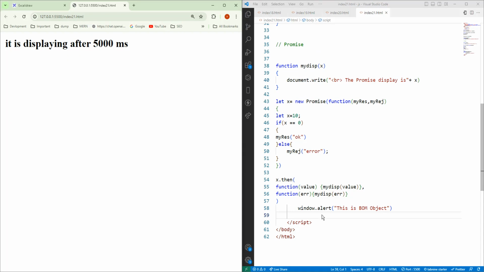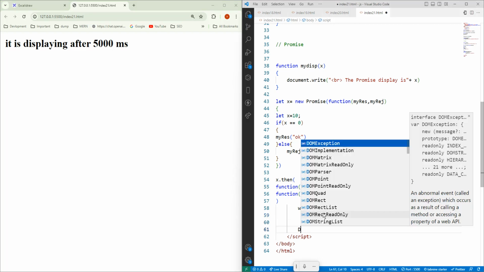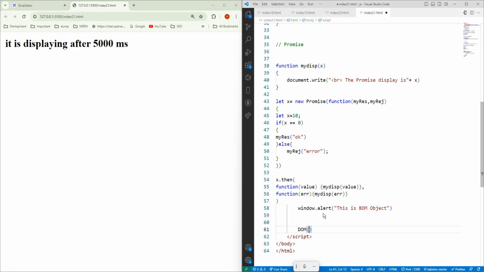Who creates it? When the program is running, or a web page is running in the browser, the DOM is automatically created. And the BOM is the browser object model, which is given by the browser itself. So when you do something like window.alert, anything alert related, it is going to be